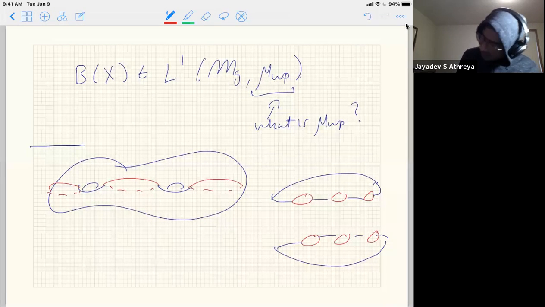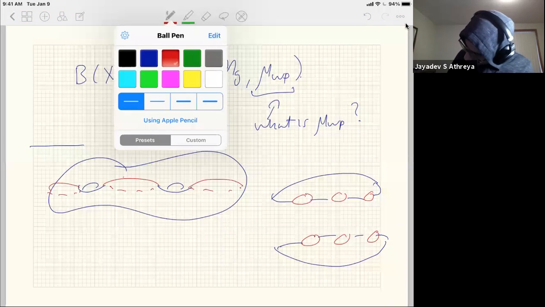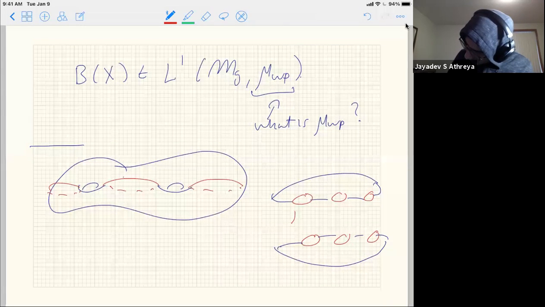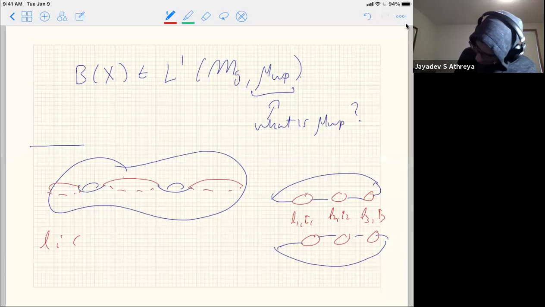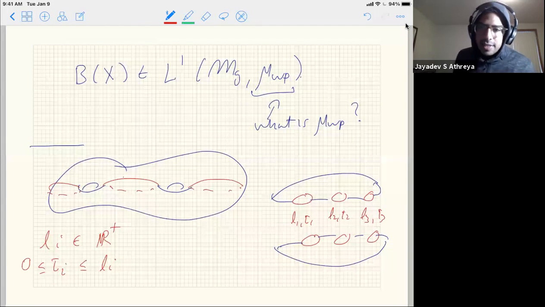But now to glue them together, I have some twist parameters. So to each of these circles, I have a parameter, let's say L1, tau 1, L2, tau 2, L3, tau 3. The L_i are in R plus, and you can always take the tau_i to be between 0 and L_i, very broadly speaking. These are called Fenchel-Nielsen